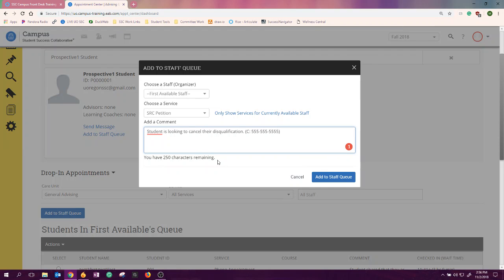One thing to note is that one, there's a limit of 250 characters in this specific comment box, and two, more importantly, this comment box is the only comment box that isn't going to be sent along to a student, and in fact isn't saved currently long-term within SSC. That could change at some point in the future, but what that means is you're able to put a different level of detail than you might in those appointment comments that we talked about before, where they need to be very objective. So in this case, you still want to be objective and professional, but let's say the student comes